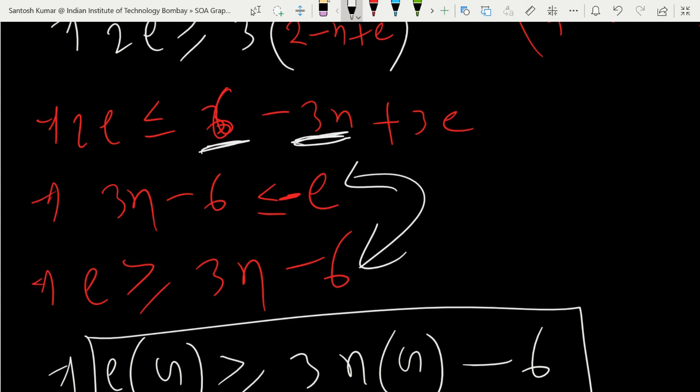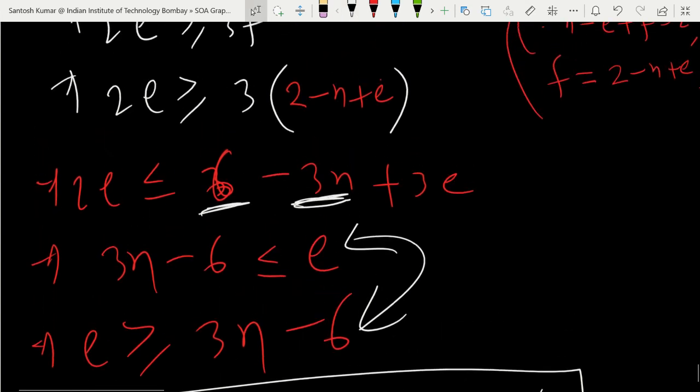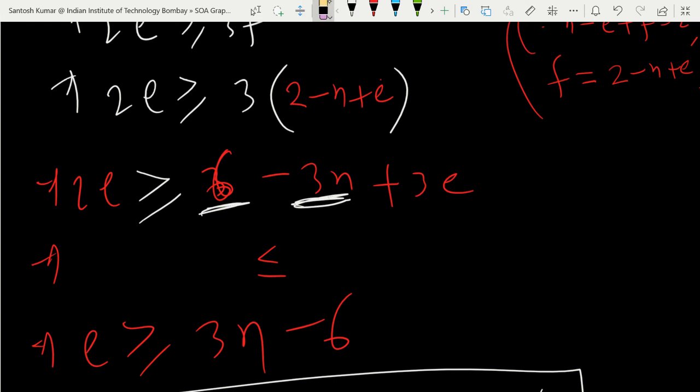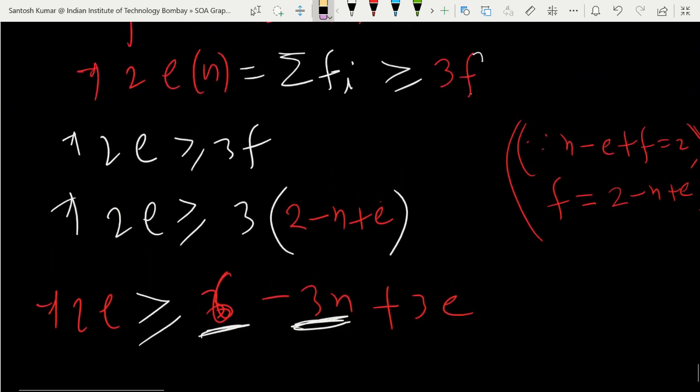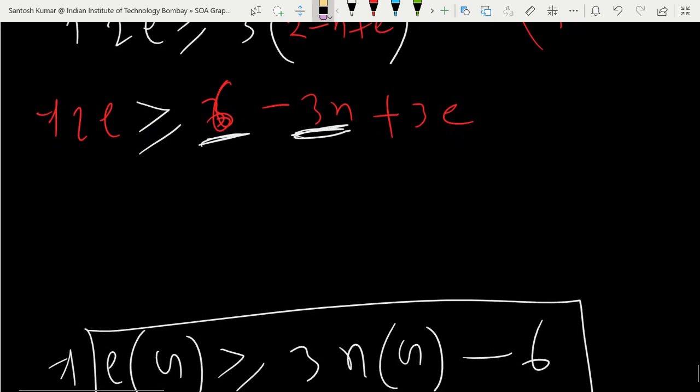Okay, so where is the problem then? The upper line, sir: 2e is greater than or equal to. Okay, okay, I made a mistake; it was a more-than sign, and by mistake I wrote less. So here it is going to be more than or equal to. Let me write it again. Everyone get it? Actually it was greater than or equal to, and by mistake I wrote this less.